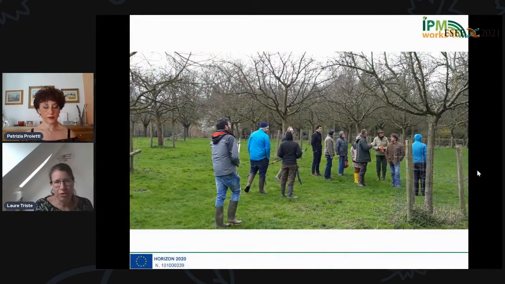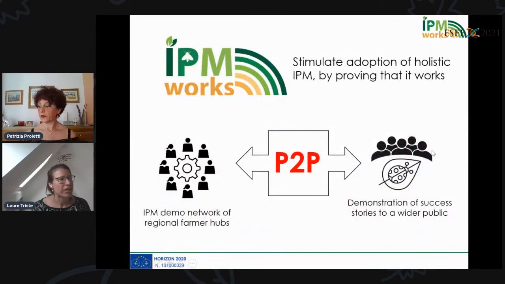So I bet a lot of you recognize the situation. You organize a learning activity for farmers, but you're not sure whether it reaches the intended outcomes, which is the learning and the adoption of more sustainable farming practices by farmers. So you could wonder which factors of the learning activity impact the intended outcome and how they should be designed. And this is exactly what we aim to do in the IPM Works project. Let me shortly introduce it.